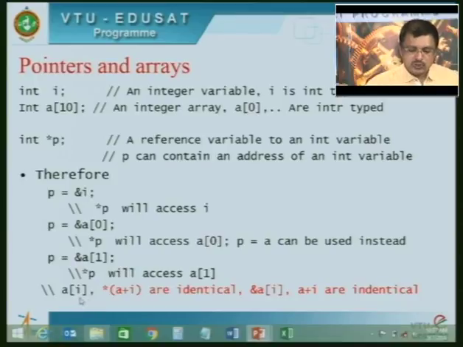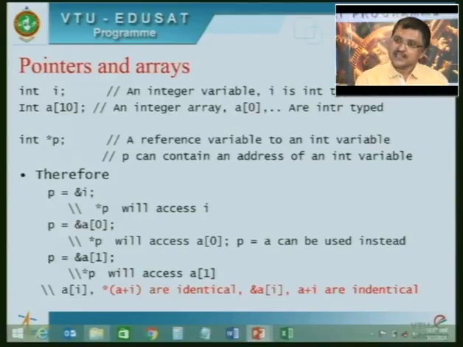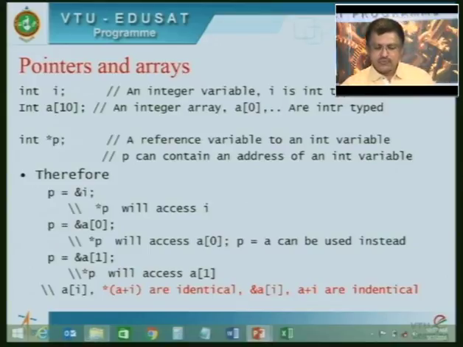Okay. So to sum up all this, I have this line, A of I. You know what it is, it gives me the value of the ith element in the array. Star A plus I is exactly the same. So A of I and star A plus I are identical. In fact, internally the compiler converts it to star A plus I. You have ampersand A of I, that means the address of the ith element of array A, and A plus I,